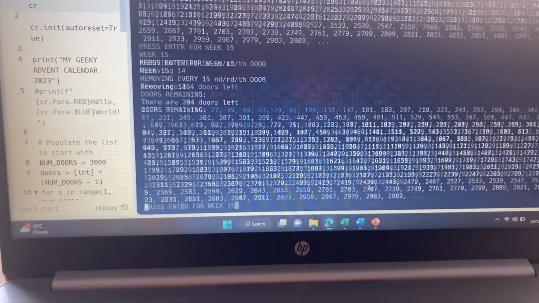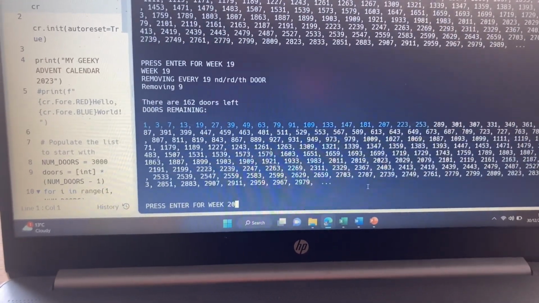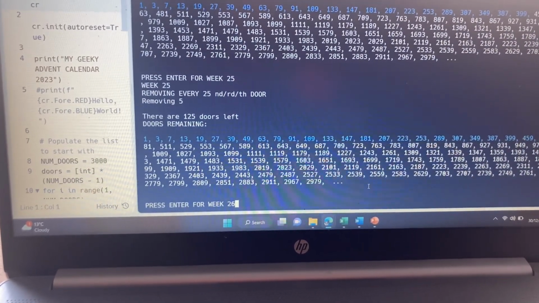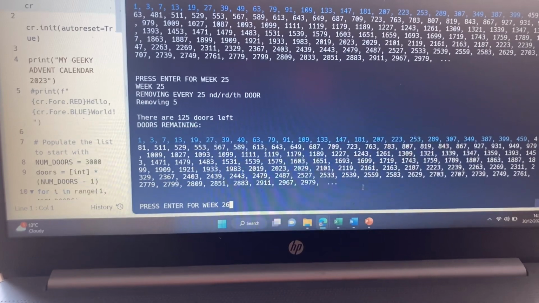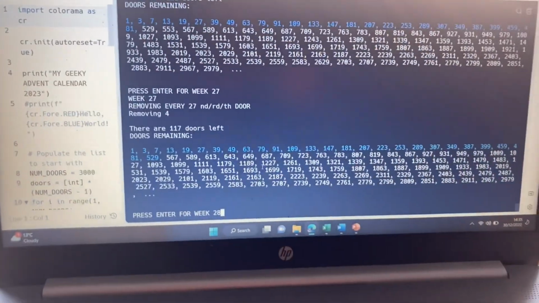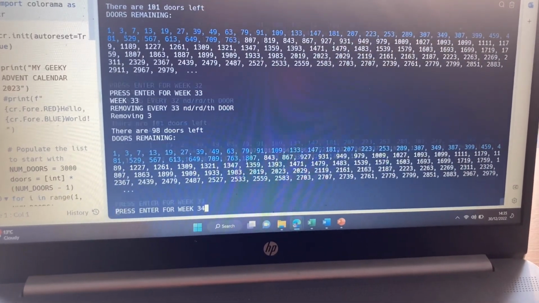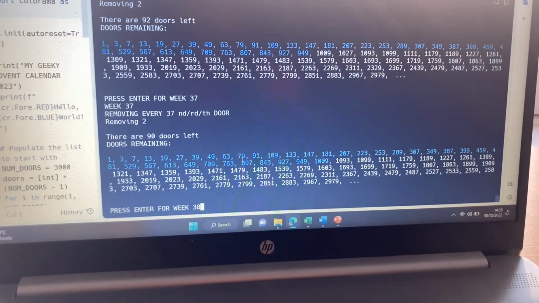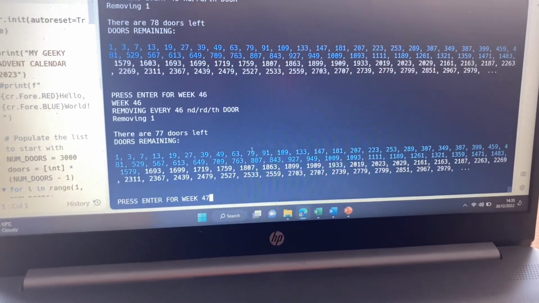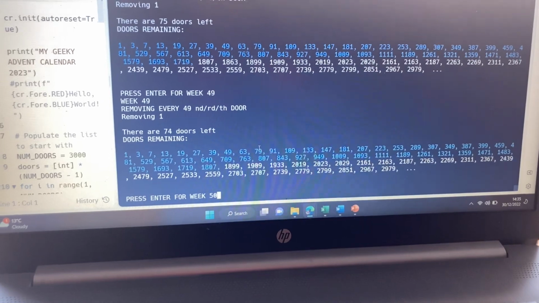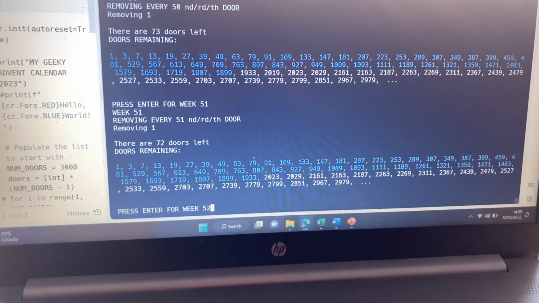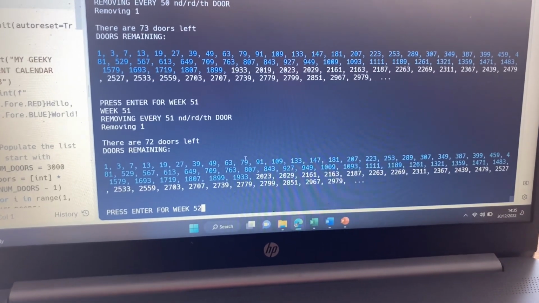And so, for example, by the time we get to halfway through the year, we'll do week 26, we'll get rid of every 26th number. And that means that the 25th number on the list is going to remain. So there we go, that's the 25th number on the list, 481. And we keep working our way through, and you can see the numbers that are safe are appearing in blue. And so we're aiming for week 52, aren't we? In week 52, we're going to get rid of every 52nd number, which means that the 51st number on the list is going to remain. And let's see what that 51st number was.